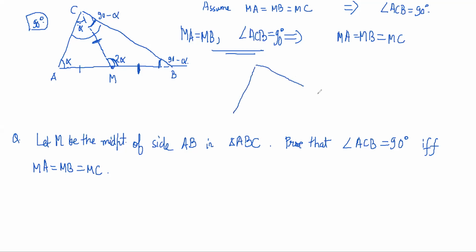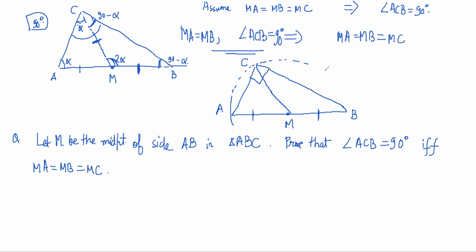So we have something like this. You have A, C, B. The midpoint of this is known, M. You will join it. You are given that this angle is 90 and this is equal to this. Now you have to prove that MC is also equal to MA or MB. So we can construct a circle around ABC, and because it's 90, that becomes correct. So you are using circle properties here.